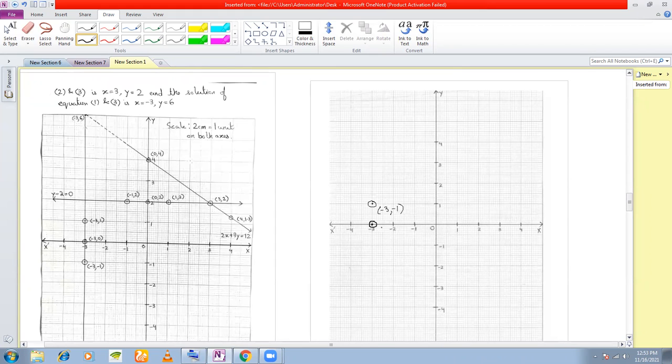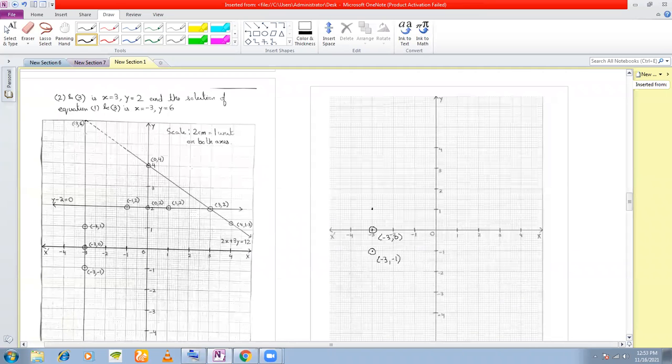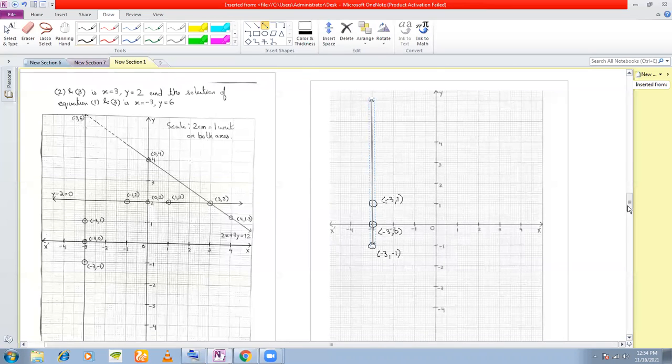Excuse me, sir. Tell me. So minus 3, minus 1 will be in the third quadrant. Okay, yes, it should be below. Yes, this should be minus 3, minus 1 here. And the third point is minus 3, 1. So minus 3, 1 is here. Fine. So we're getting 3 points. Now we will join them with the help of a scale and a sharpened pencil. Always keep your pencil sharpened when you're doing graphs. Don't use thick pencils.